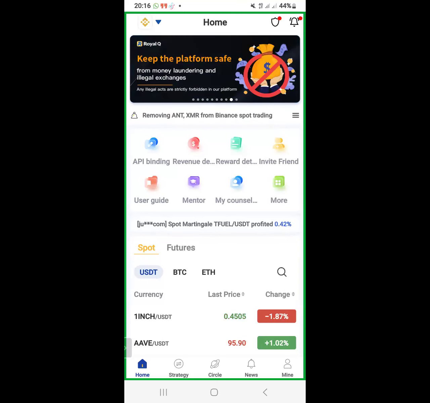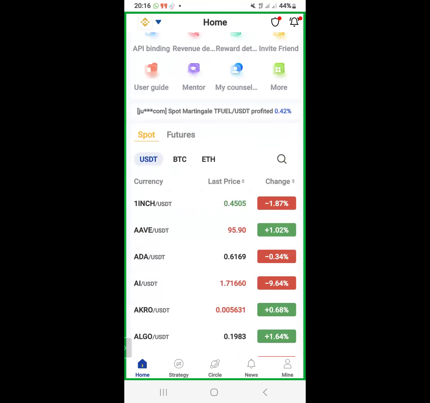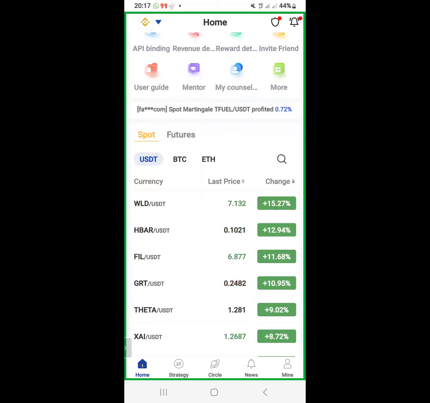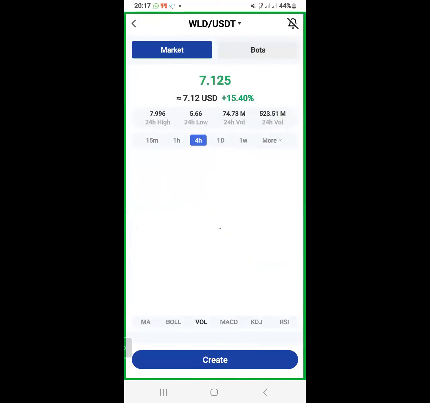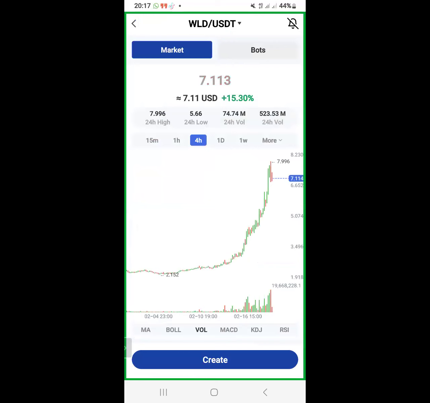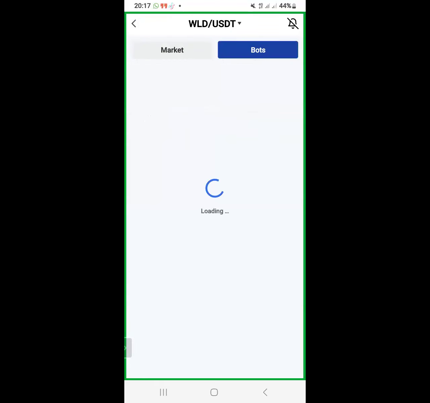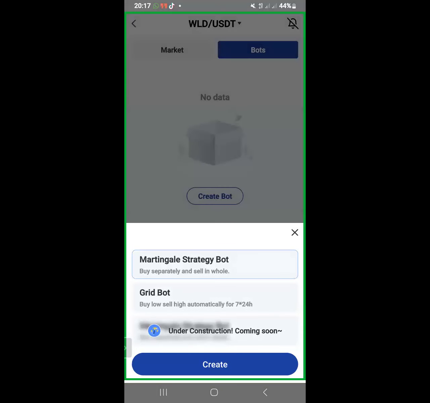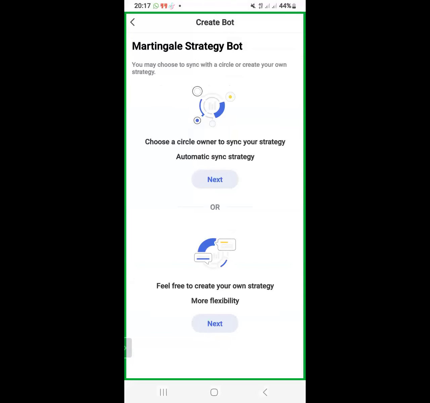Now, I'm going to pick any coin, all right? Then we go through some of those parameters, know what they mean, and see how we can adjust them. So which coin can I pick? Probably I could pick WLD, World Coin. I'm trusting that you already know how to set up coins or start up a trade, so I'm just going to go specifically on the coin. I'll go to create bot, Martingale strategy bot,